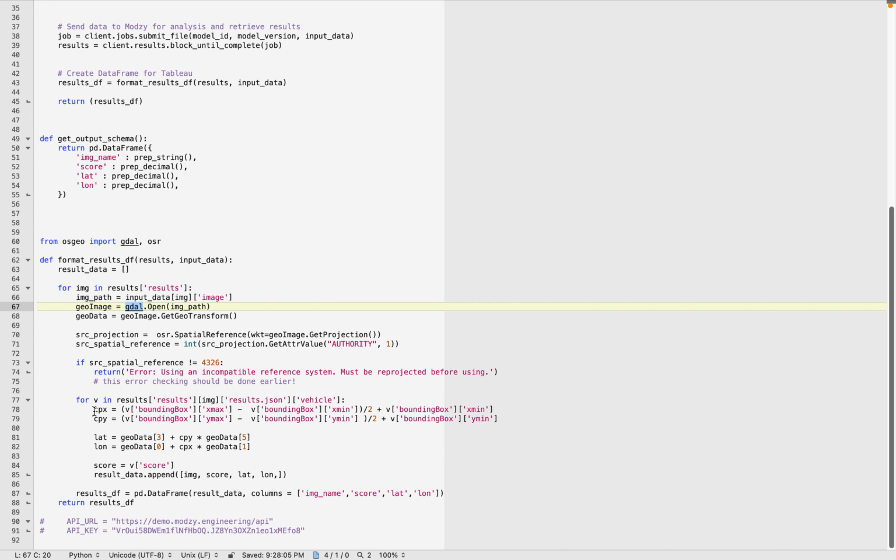And then I go through and I actually, the model itself creates bounding boxes, but Tableau is better at displaying points than boxes. So I'm converting those bounding boxes into just a center point, an X and a Y, and I'm giving that center point the geodata that I've pulled from the tile, and then I'm returning it as a data frame. In the data frame, all I want is the score, the latitude and longitude, and then the name of the image that the